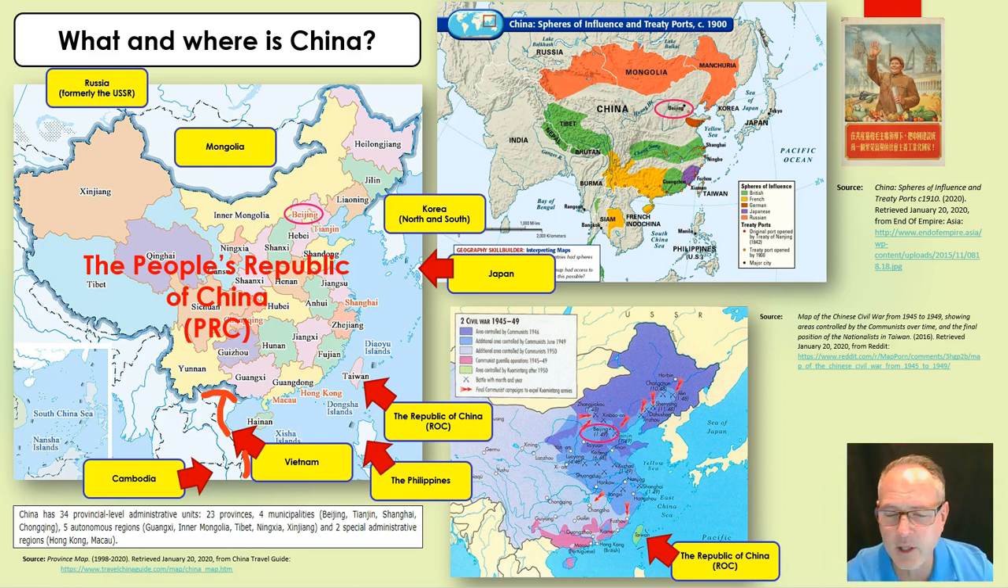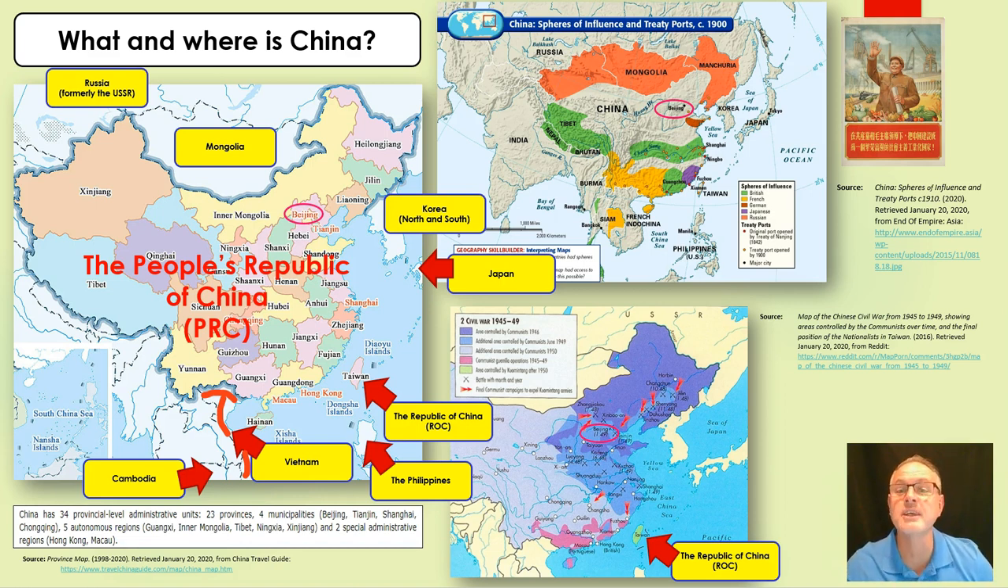Why I've made that last little yellow block appear down there is the civil war was between communist forces led by Mao Zedong and nationalist forces. The nationalist forces were the government of China up until 1949. So the Republic of China used to be mainland China. At the end of the Civil War,